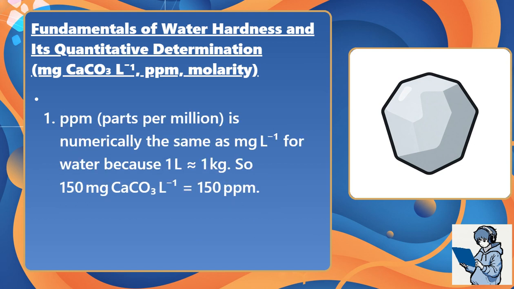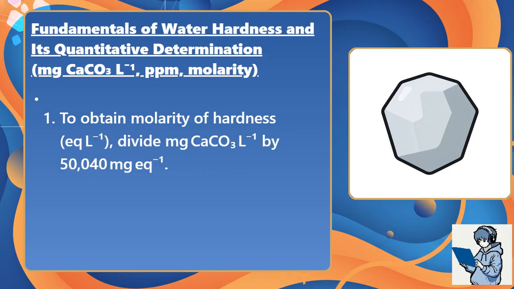Step 3. ppm, parts per million, is numerically the same as milligrams per liter for water because 1 liter is approximately 1 kilogram. So 150 milligrams calcium carbonate per liter equals 150 ppm. Step 4. To obtain molarity of hardness, equivalents per liter, divide milligrams calcium carbonate per liter by 50,040 milligrams per